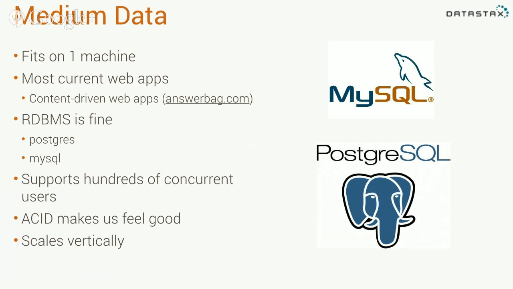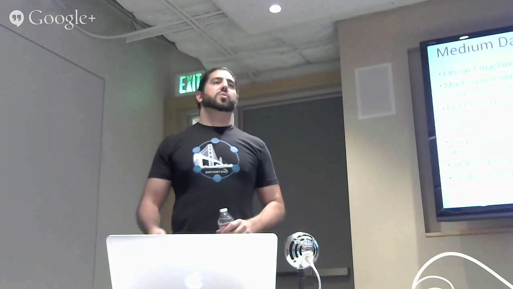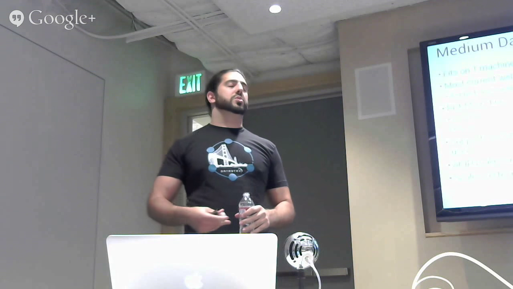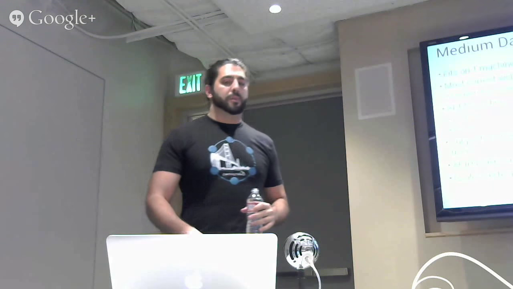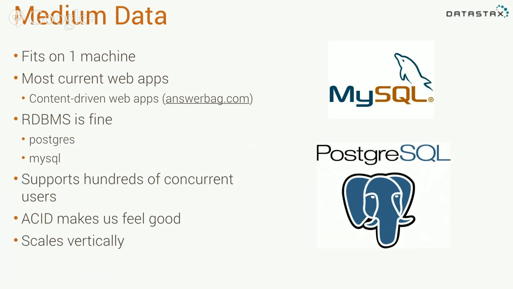You can support hundreds of concurrent users, and you have the nice safety blanket of ACID, and it lets you do all sorts of really interesting operations. You get triggers and stored procedures, and you can work with your data in a way that just feels safe. One of the things that ends up happening with this medium data situation is that you have to scale it vertically. So you either have to add more hard drives to one machine, or get a bigger CPU once there are too many queries, or more network cards, or maybe you have to replace the machine entirely. So this is the situation with medium data and scaling it. It's a very vertical process.